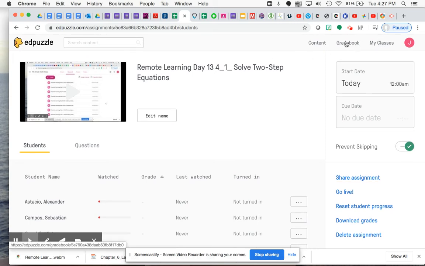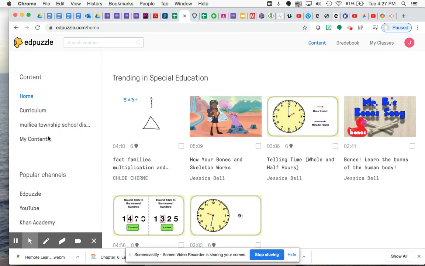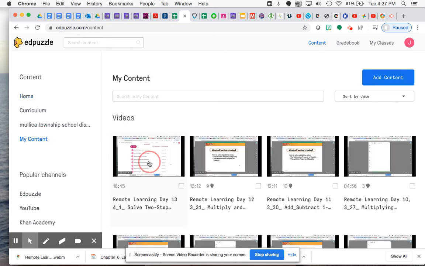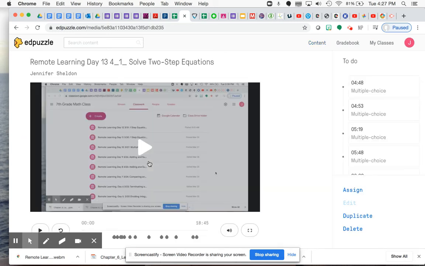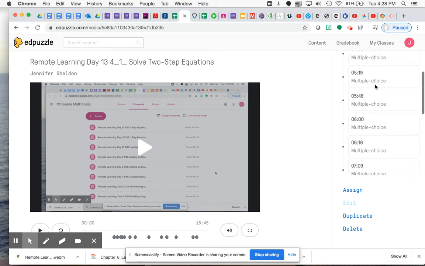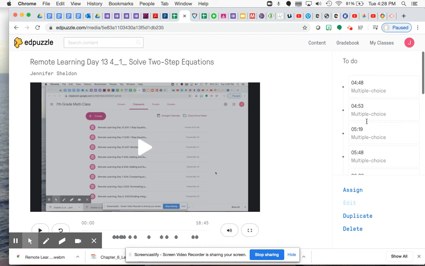So let's take a look at what this looks like if you were to actually go through the lesson. Yours should look something like mine, where you'll see at the bottom all these little grayish dots that look like little guitar picks, as well as what it says to do up here, and then there are different multiple choice questions. I've tried to make every single question just a multiple choice question,